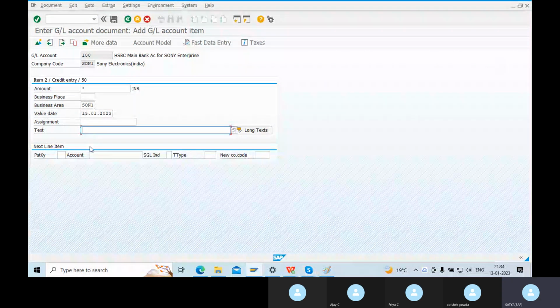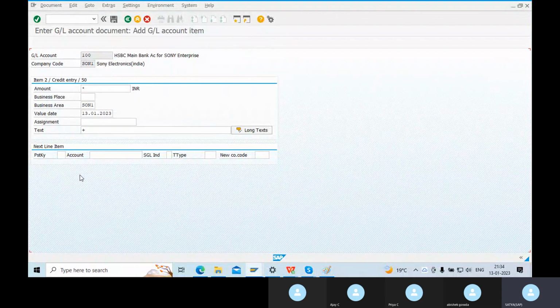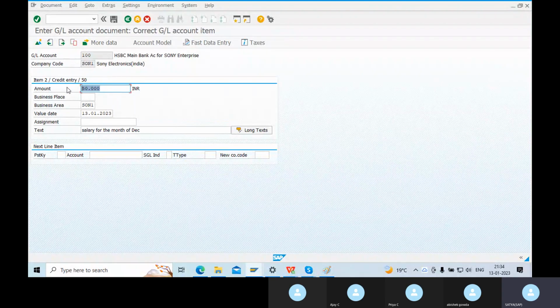And for text, just put the plus. So for value, put the star. For text, put the plus and enter. Now it copies from the debit side. Okay. So now debit and credit are equal. Now